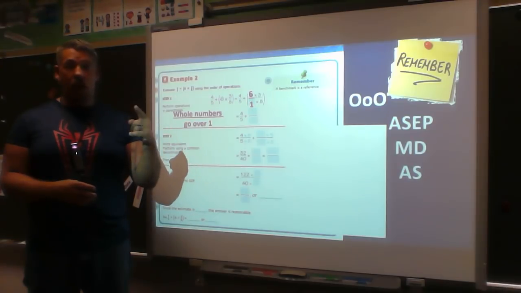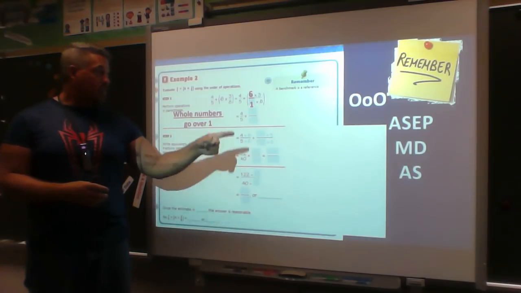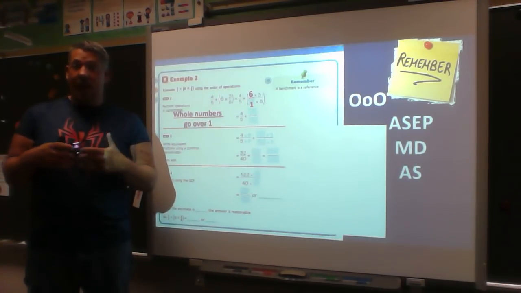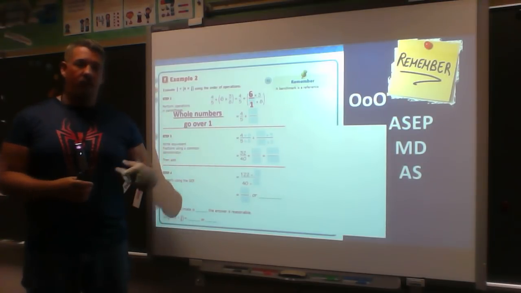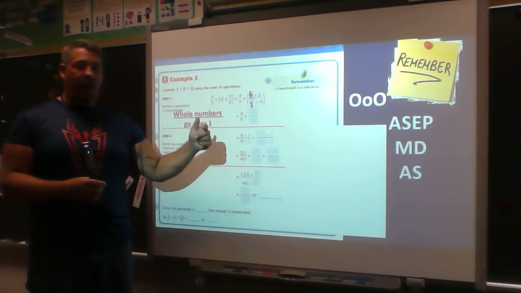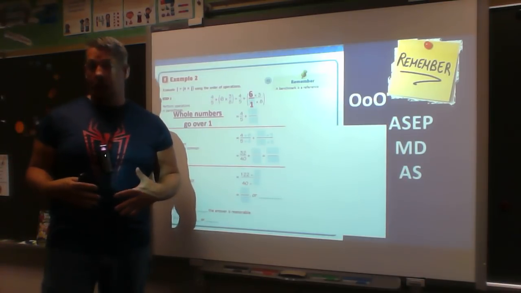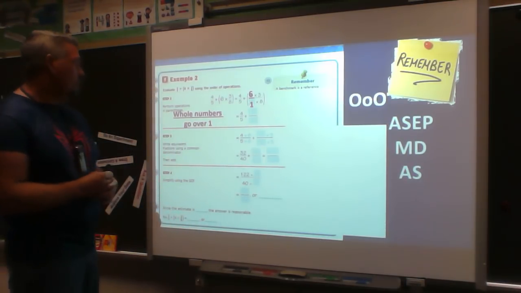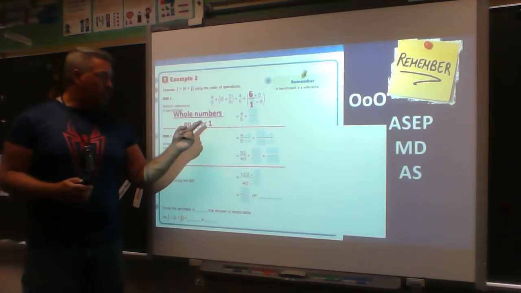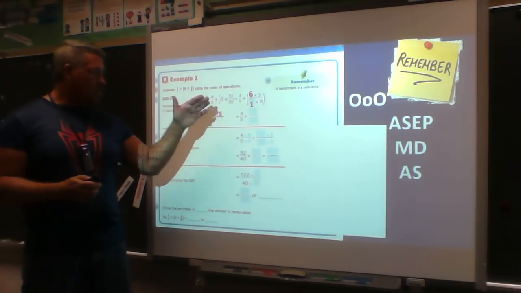Don't turn it upside down and put the 1 on top. Because 6 over 1 means that I get 6 donuts. If I flip it, then that means I get 1/6 of a donut. And I don't get to keep this figure if I only eat 1/6 of a donut. So I'm going to make sure that I put my 6 over 1, and then I can start inside my